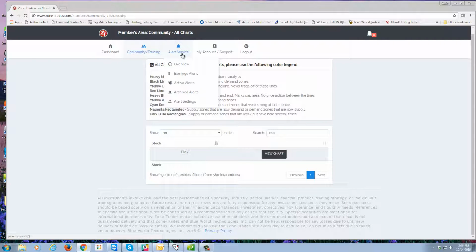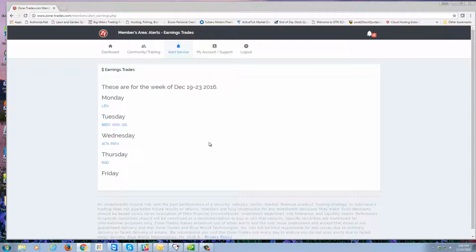Okay, the alert service. Again, it's everything you can do from the dashboard, and here's just another link to it. There's your alert settings, where we set it up, the active alerts, the archived alerts, and then the earnings alerts. The earnings alerts don't actually get sent to your phone. We didn't have any left for this week, so we set up next week. It's every stock on our list that's announcing earnings next week. On Monday it's going to be LEN, Tuesday,